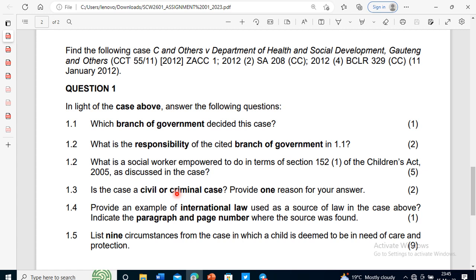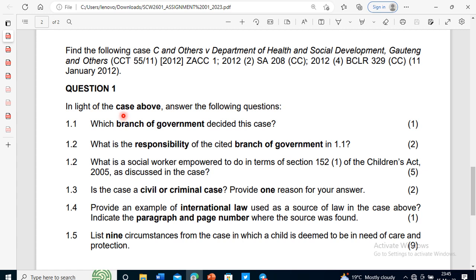So the reason for me saying that it is civil is that I have seen so many paragraphs there talking about payment of costs. One of the paragraphs which I could give as an example is in the case journal. I think it is page 55, point 7. It states that the Minister of Police has to pay. So anything that has to do with payment, according to me, is civil.